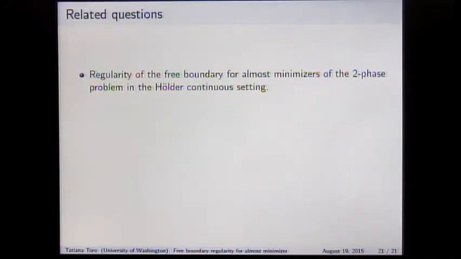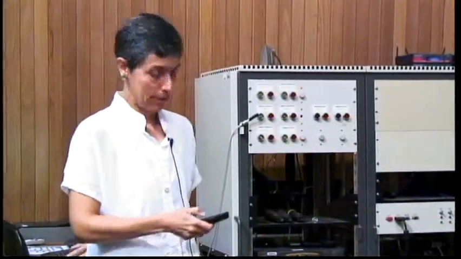So the way we need to approach this is more like how Alt-Caffarelli approached their problem. And so we are looking into implementing a flatness improvement lemma, more along the lines of what De Silva, Ferrari, and Salsa have done in order to obtain what we need. So that's a way to bypass the viscosity solutions. You can say we don't understand them well, but in this case, they're not well adapted.